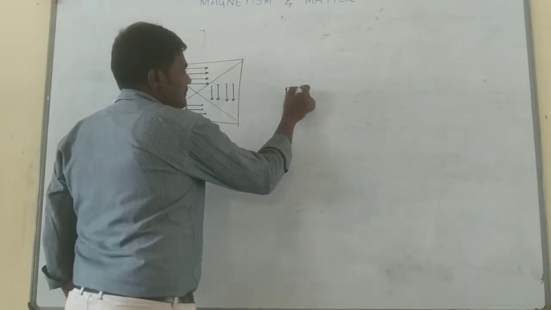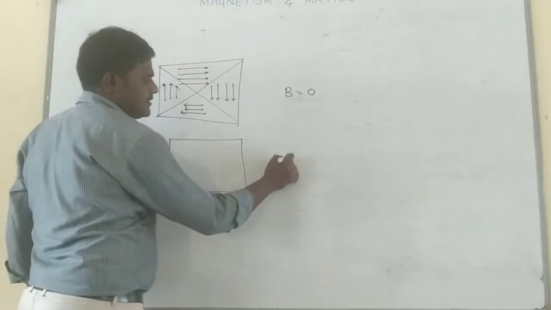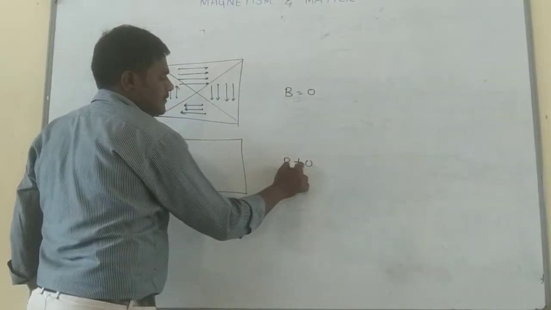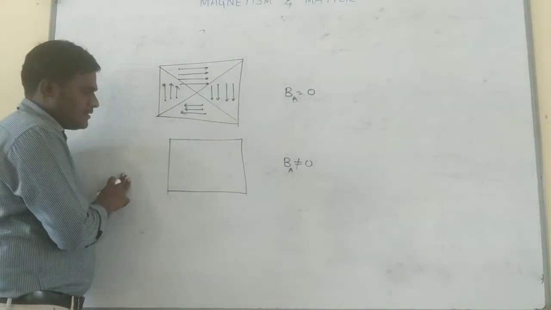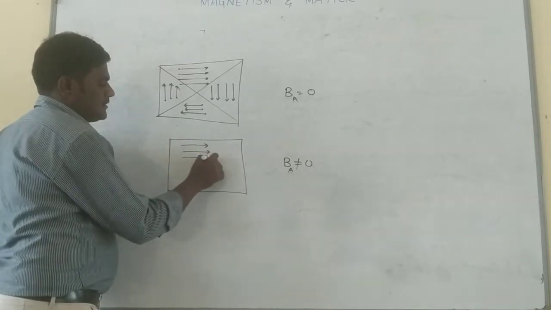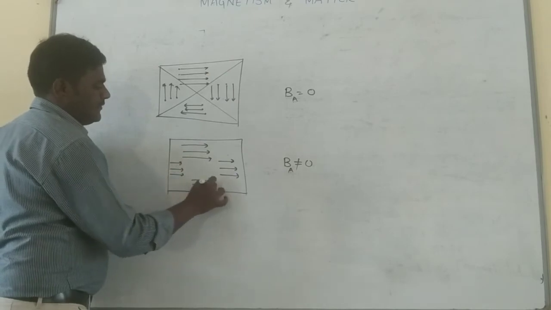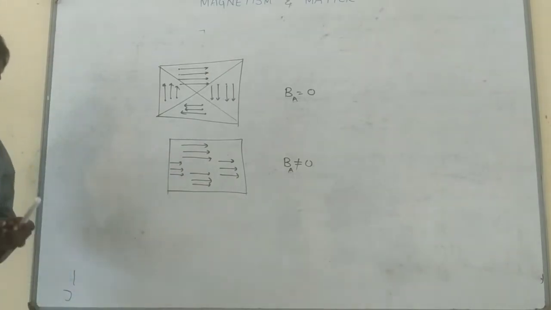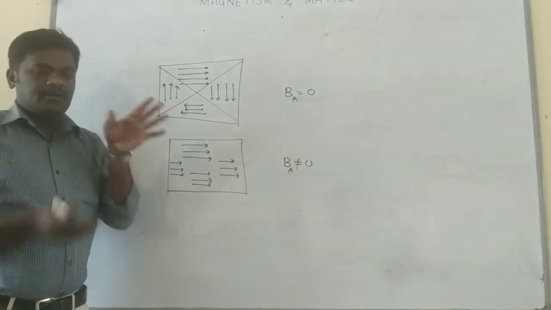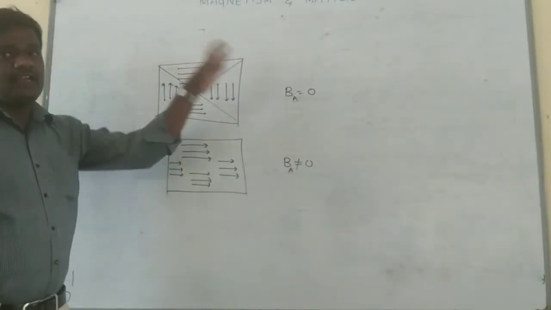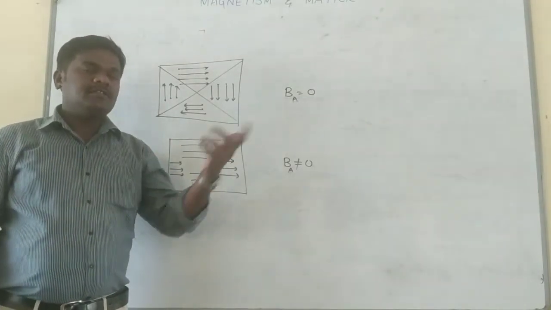Once you apply some field, here in the first case B is equal to 0. Once you apply a field, based on the strength of the applied field, there is a slight change that takes place in ferromagnets. What happened? All domains were set into the direction of the applied field, along the direction of the applied field, quickly. Why quickly? Turning each magnetic moment is a bit difficult compared to turning the bunches, so the process takes place very quickly here. That's the reason why ferromagnetic materials will be attracted very quickly when they are placed in the presence of external